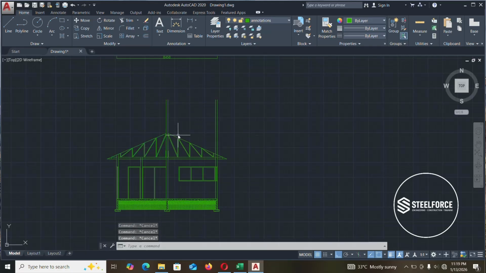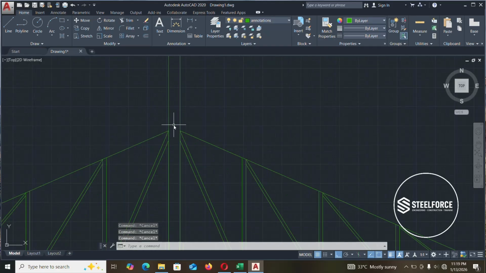So we are going to end this tutorial here. In our next tutorial, we'll be looking at the section in the